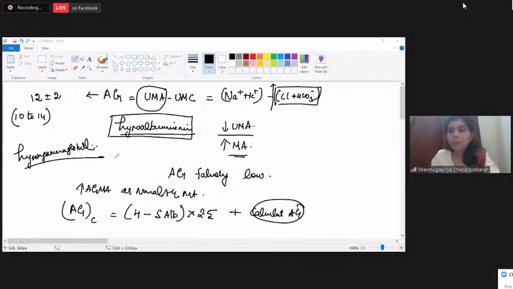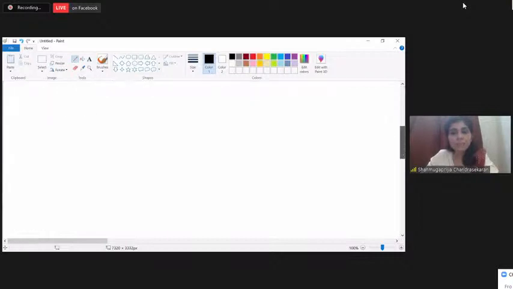So in multiple myeloma or even in chronic infections, there is an increase in gamma globulin, which is positively charged. So in this case, there is an increase in unmeasured cation concentration. Whenever there is an increase in unmeasured cation concentration, there is a decrease in measured anion, and the anion gap might look normal. So to avoid these misinterpretations of anion gap, whenever you find a high anion gap metabolic acidosis, you start calculating another value, which is the delta-delta ratio.